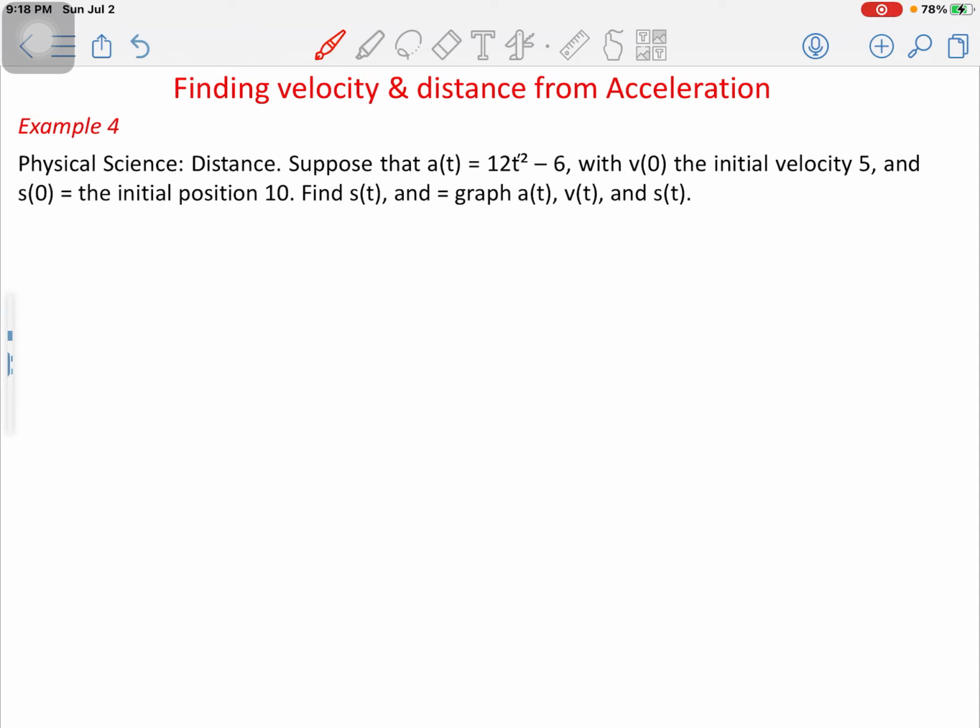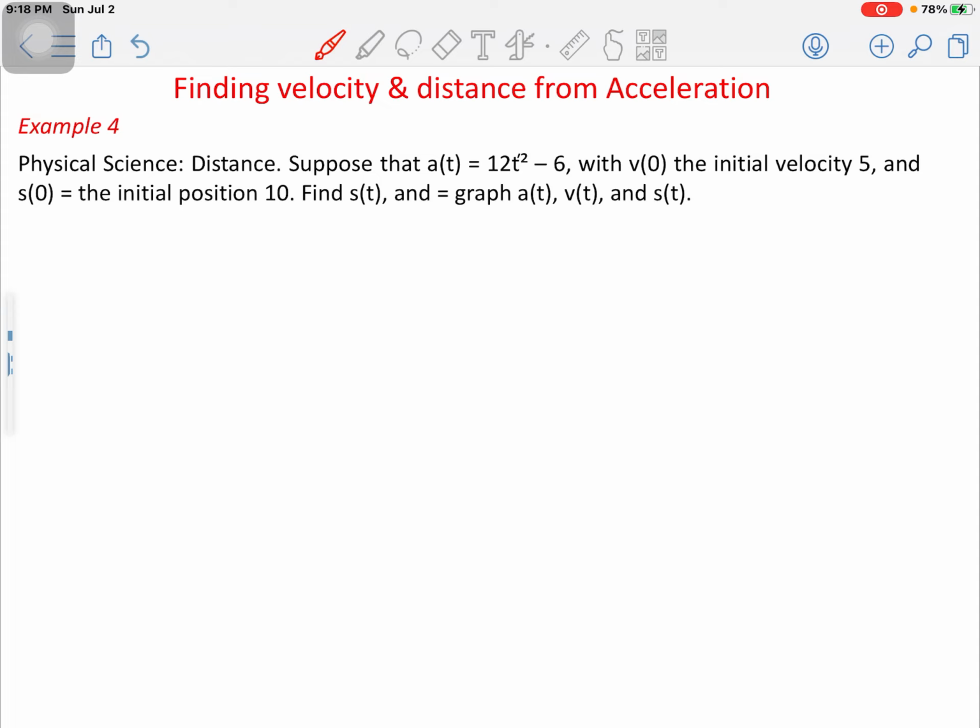So let's solve a couple of examples about how we can find the velocity and the distance from acceleration. The first example that we want to look at in this tutorial